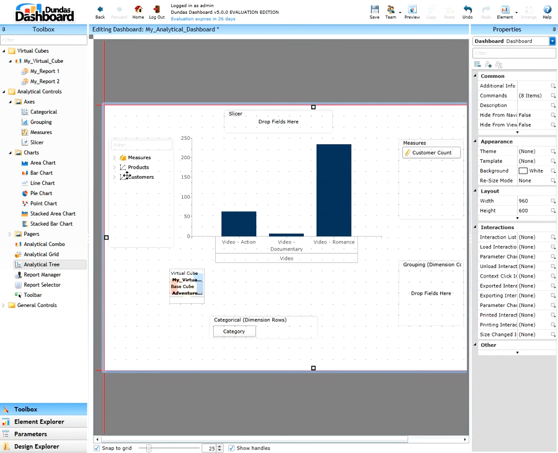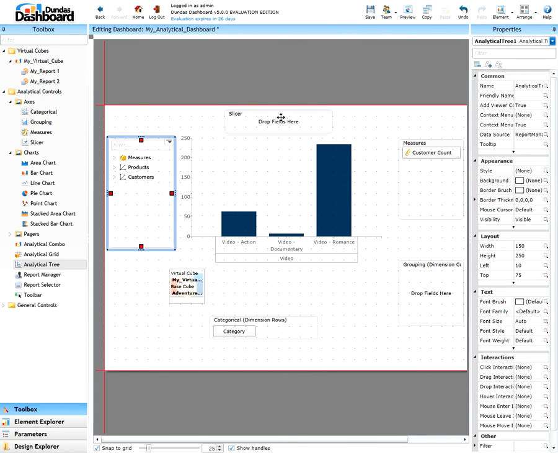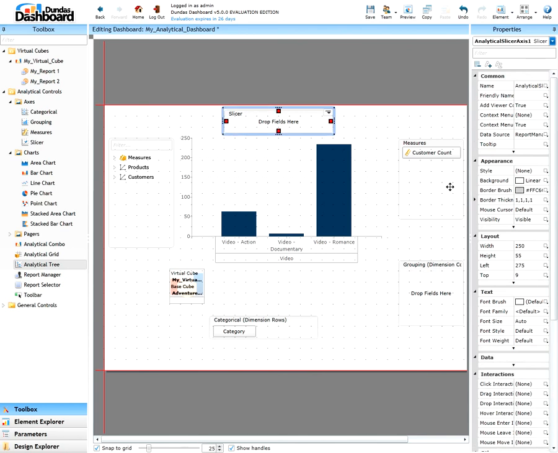So as you can see, I have an analytical tree, a slicer axis, measures, grouping dimension, and a categorical axis on my dashboard. Now if I preview this,